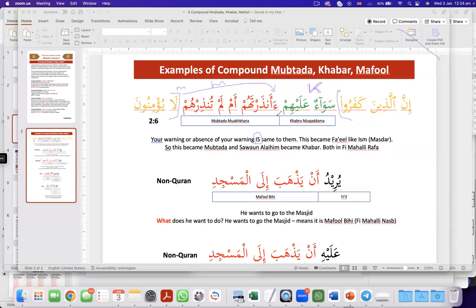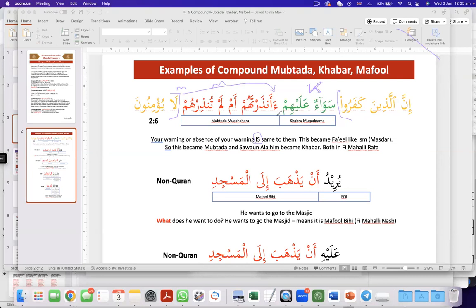In Arabic, Quranic verses also are similar. So you just need to identify which section is the mubtada, which section is the khabar, which section is the maf'ul, and which section is other elements: hal, sifat, all this, mausul, then sila, a long one.